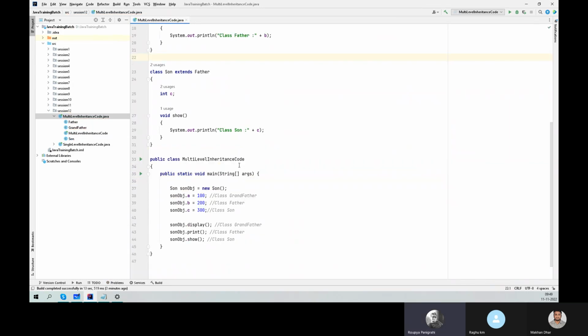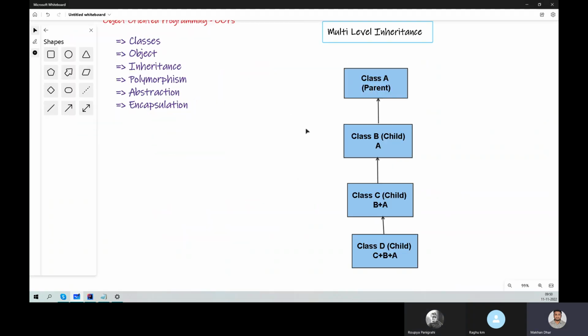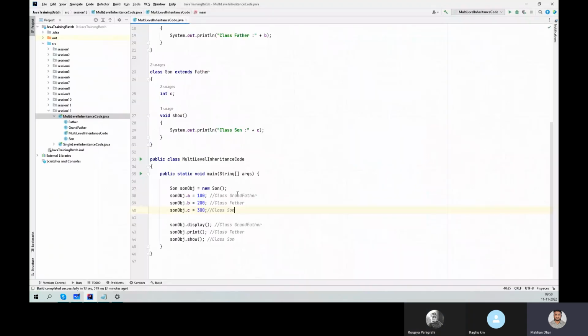वो स्क्रॉल डाउन करो ना। ये लास्ट के 3 जो आपने डिफाइन किए हैं, sonObj.display, sonObj.print। सन का हमने ऑब्जेक्ट क्रिएट किया। ठीक है, क्या वो फादर को एक्सेस कर पाता है कि नहीं, ग्रैंडफादर को एक्सेस कर पाता है कि नहीं? इसलिए हम बॉटम से आए। अगर आप यहाँ देखोगे, हम बॉटम से आए, तो हम सबको एक्सेस कर सकते हैं।